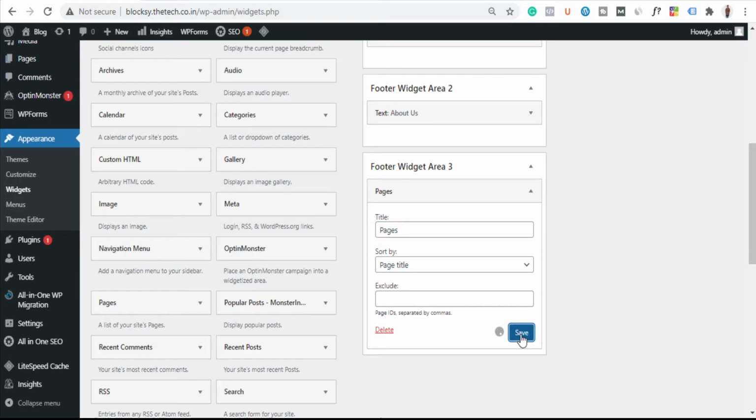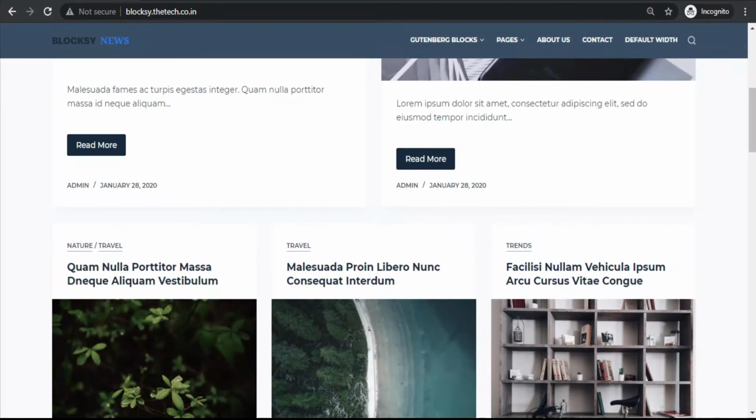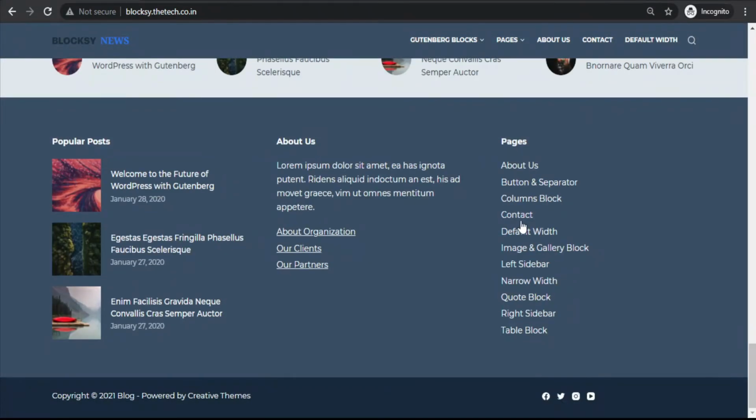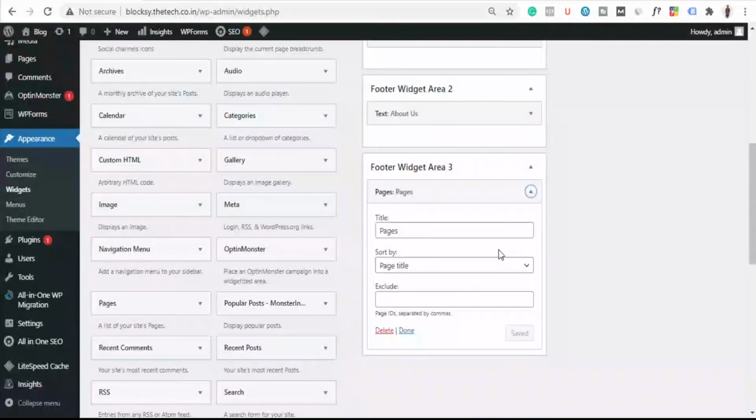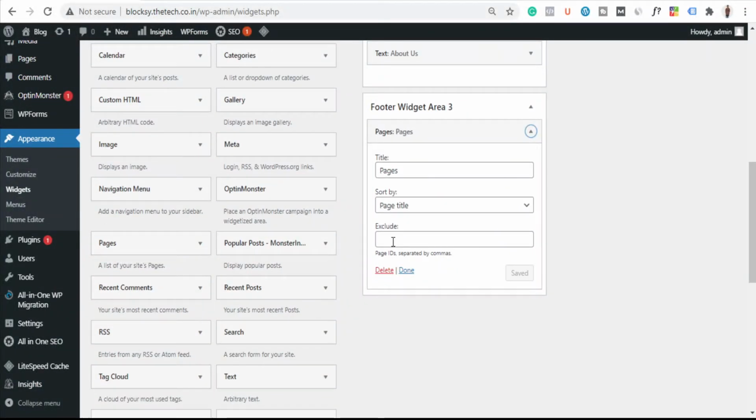And here you can see the pages section has been updated. And now you can say that okay, here too many pages are there, I need to remove some of the pages. So how to do that? Just go back here, go to pages, and you basically need to find out the page ID which you can get going to this menu section, and just write all the page IDs here which you want to exclude, and the pages will be excluded, and then save it.